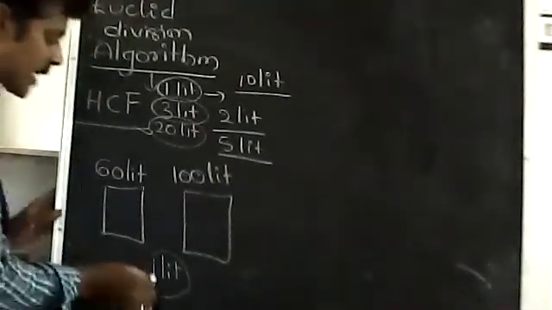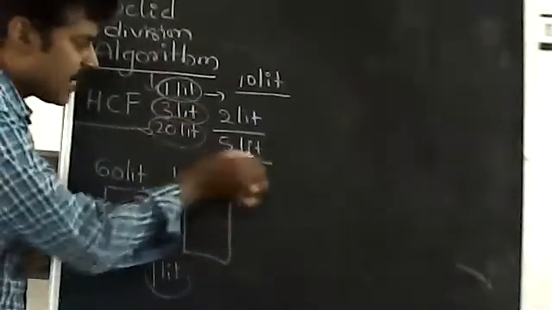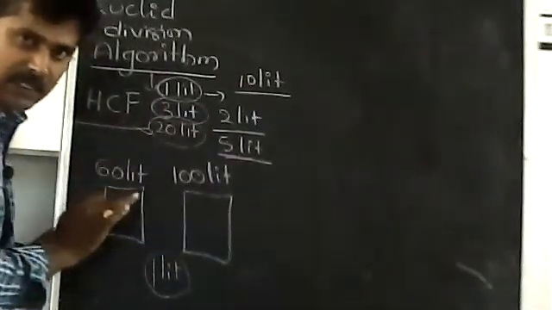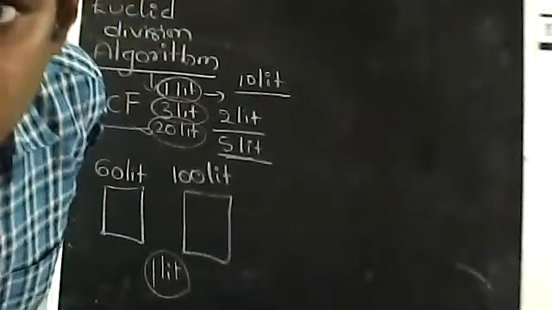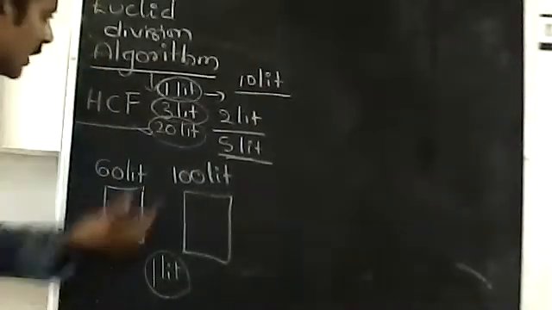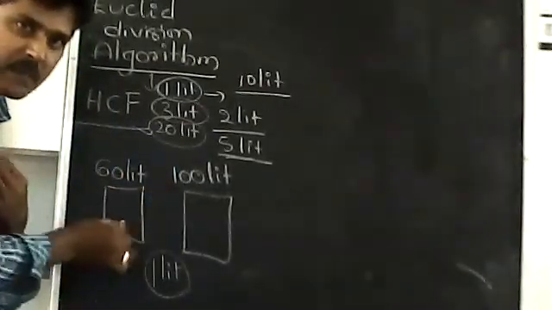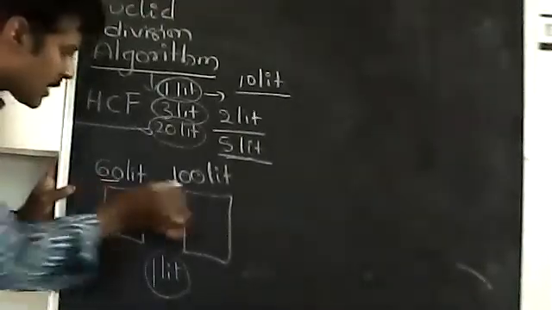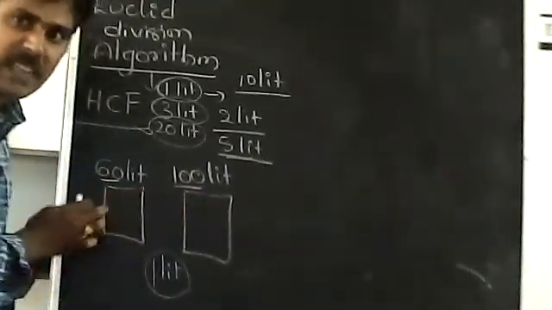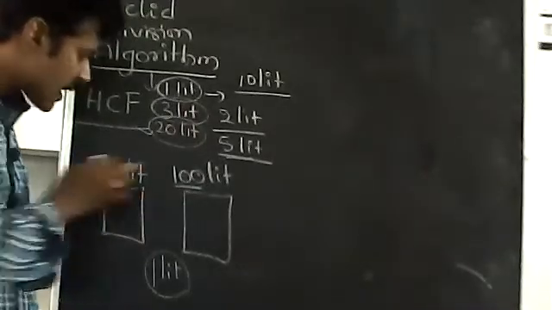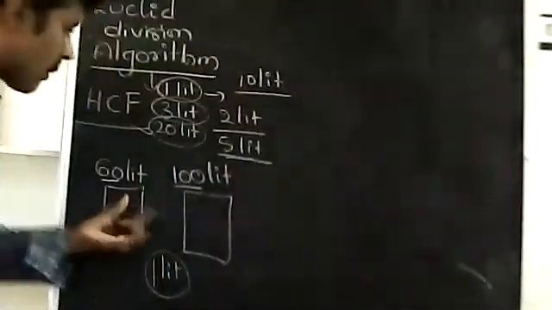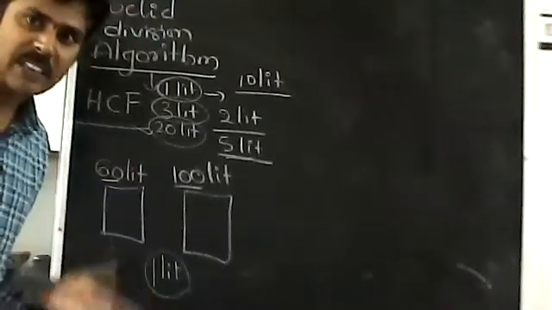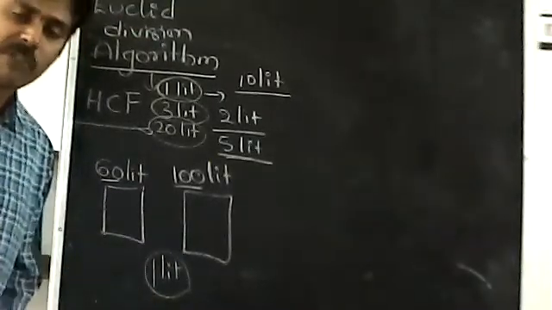Yeah, please. So that's why I will take the common measurements, and among them the highest measurement. That is why I have to take the common measurement. All those common things are nothing but the common factors of these numbers. So I have to find the common factors of 60 and 100, and then among those common factors, I have to go with the highest common factor. That's why I have to find the HCF of these two.